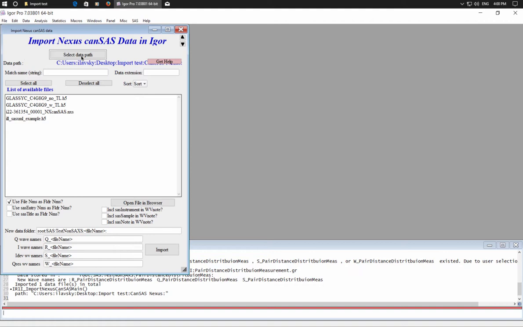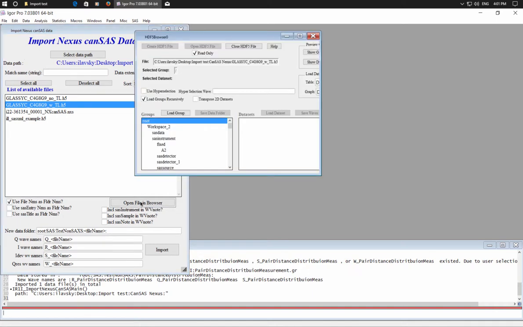The Nexus file is actually based on the HDF5 standard. So it's an HDF5 defined container which then has a prescribed structure inside it, and therefore it's inside this big giant binary file. You can have one or more data sets which are now small angle scattering data sets. This should be actually very easy to deal with. You have again some choices how to limit this here, but if you select a file, you have a few choices here. You can actually open the file in a browser and look inside it,